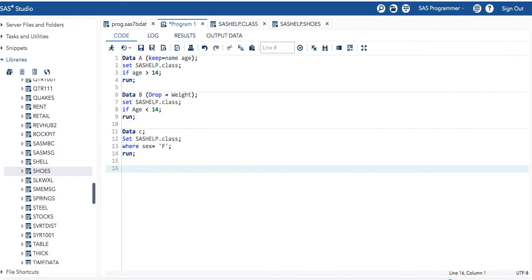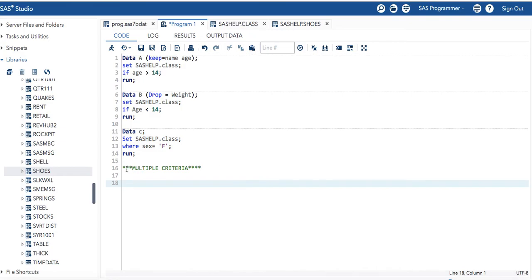So what is happening now? Let's understand the concept of multiple criteria. So what it means?